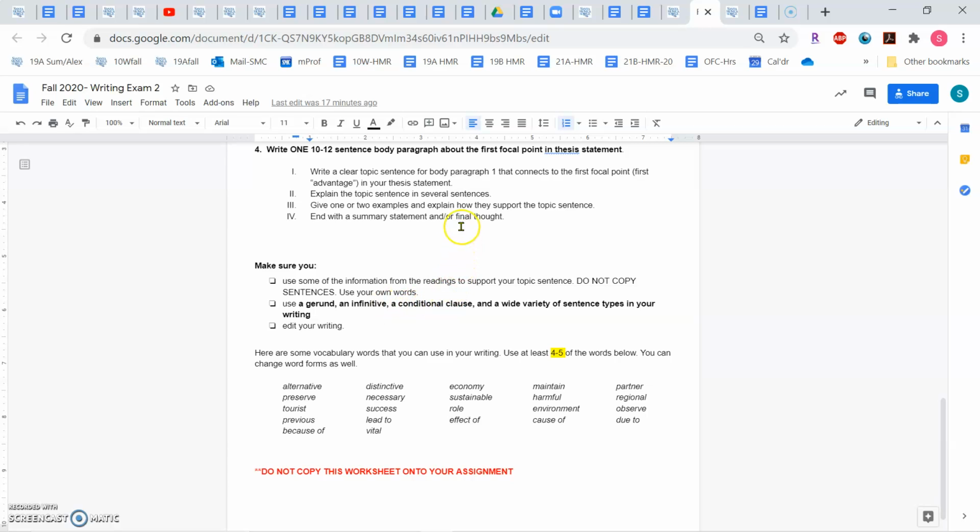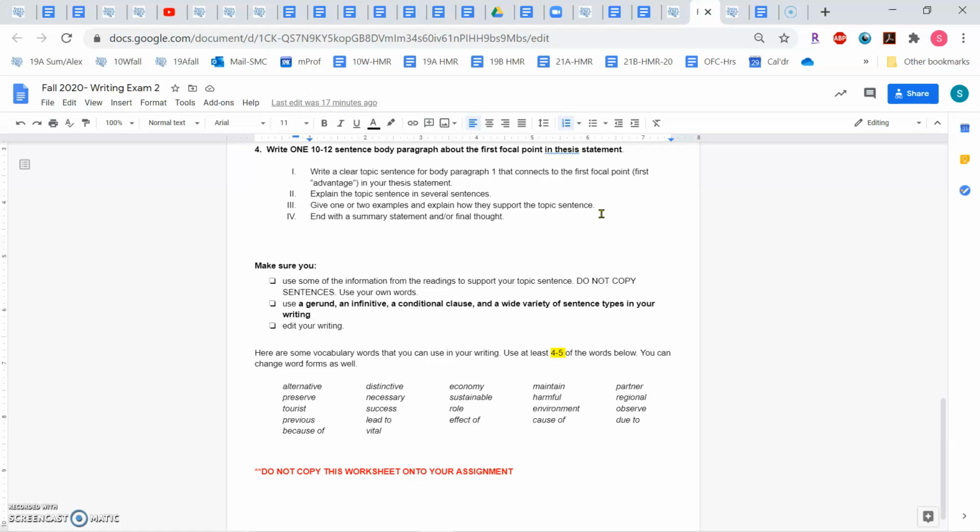So if you look back up at the body paragraphs, it says give 1 or 2 examples and explain how they support the topic sentence. By that, it is important to give examples from the book to show you understood the reading. And be very specific.